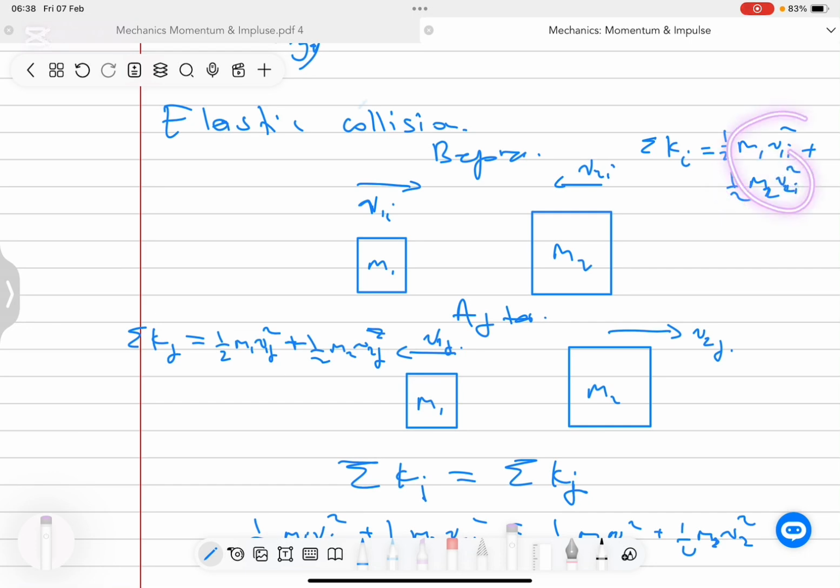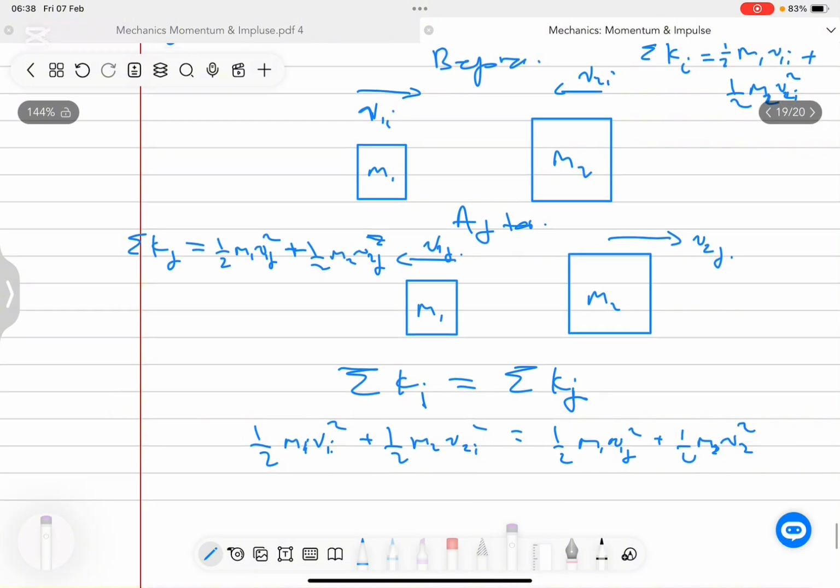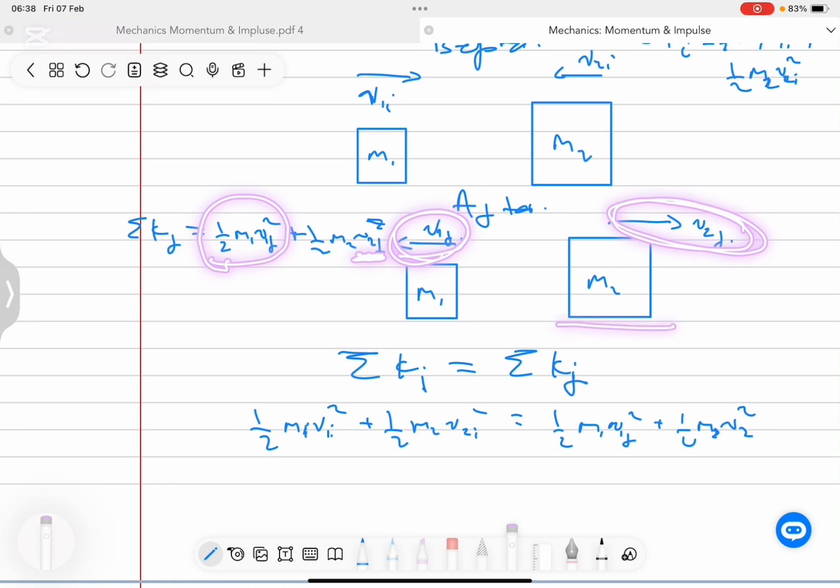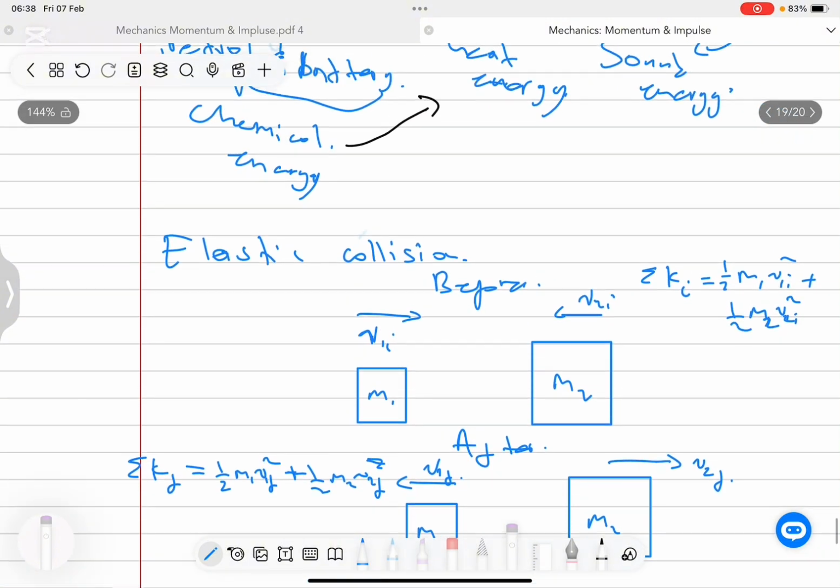As a result, when I add them, I get a big initial kinetic energy, right? But after collision, you would find that maybe one of the velocities becomes small, meaning I have a small number of kinetic energy here. But when that happens, we have the largest velocity. Maybe this moves at a very high speed after collision, giving us a big kinetic energy, so that when I add these two values, they still give me the same value I started with at the initial